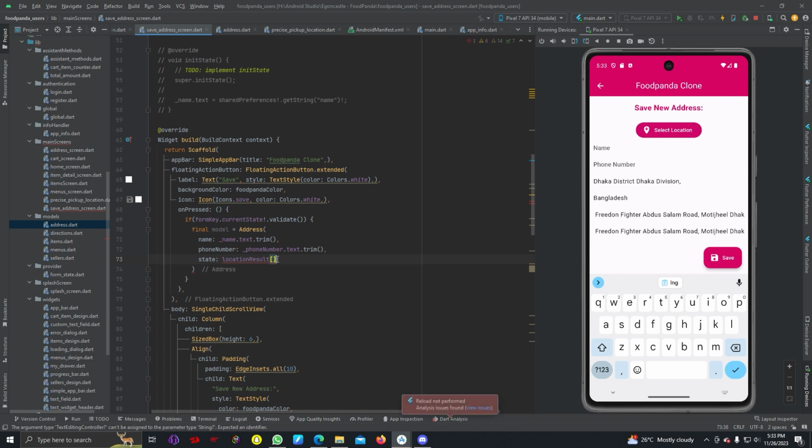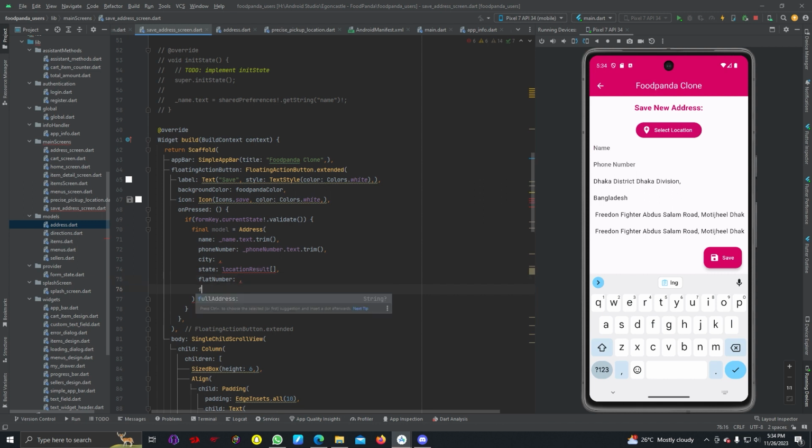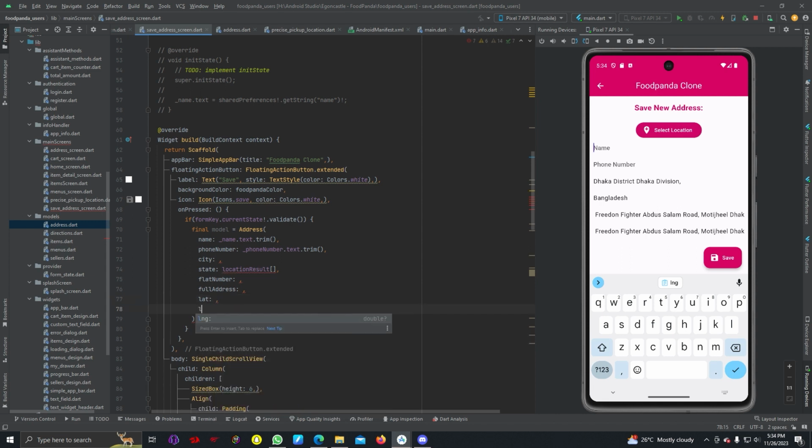And here we can write city, first state, then flat number, full address, lat and longitude,